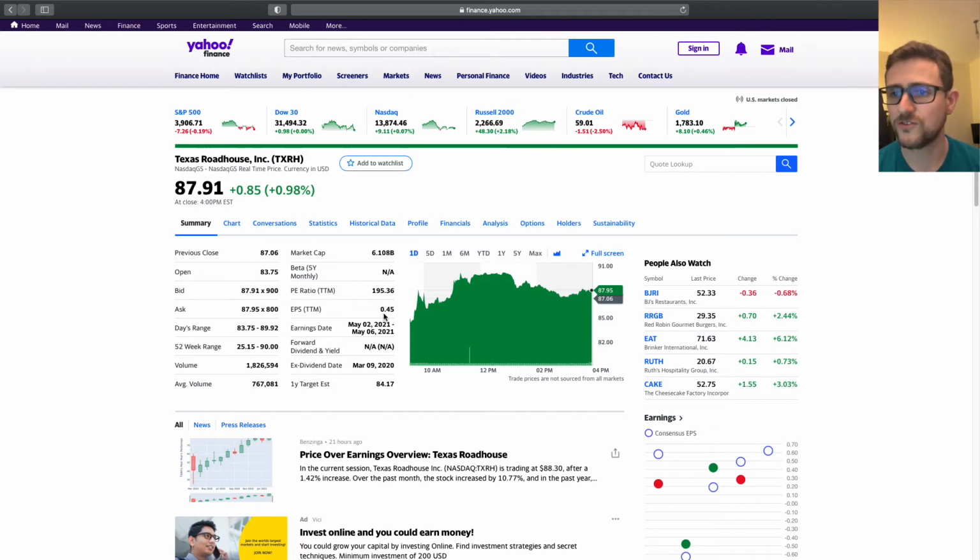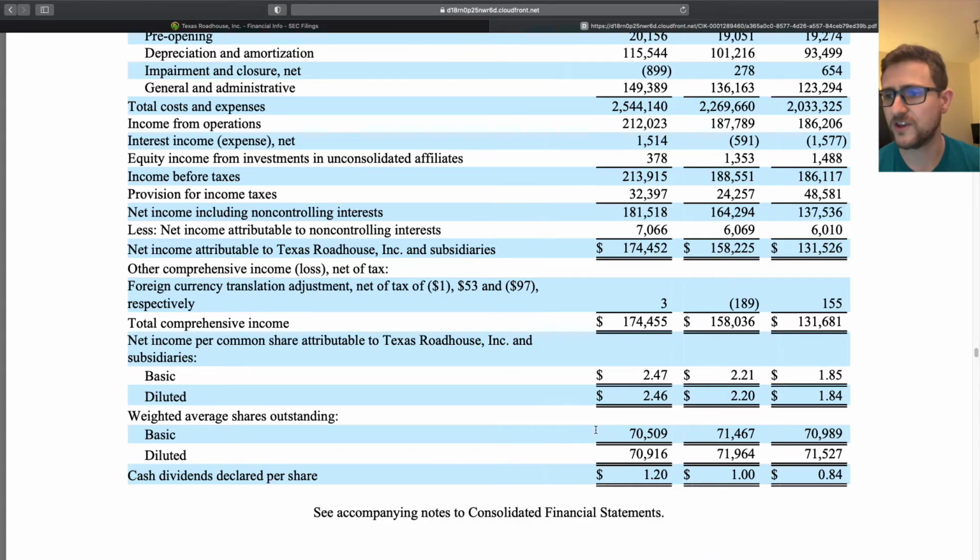So what I want to do is look back at the earnings per share from 2019 and 2018 to get a better idea of what a normal level would be. We can see here the earnings per share, and this column is showing the results from 2019, then 2018 and 2017. So we've gone from 2017 1.84 to 2.20 to 2.46. For this, I'm going to use the 2.46